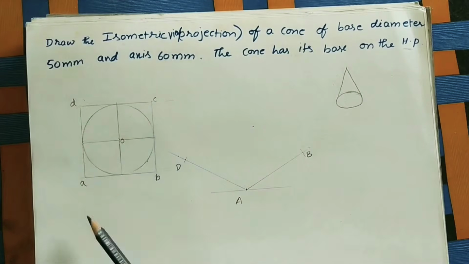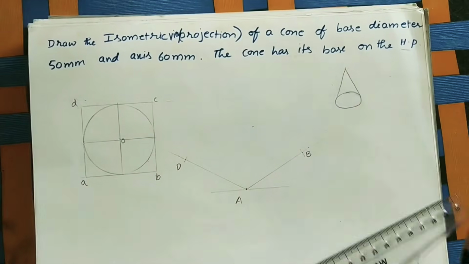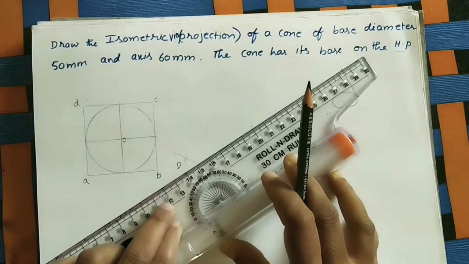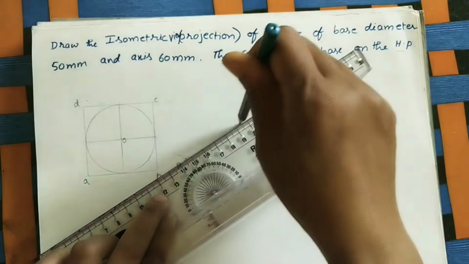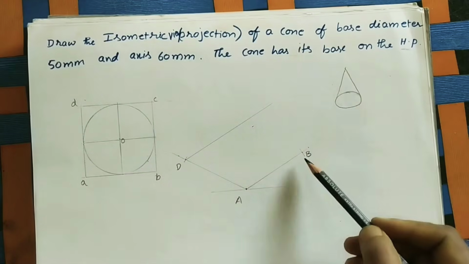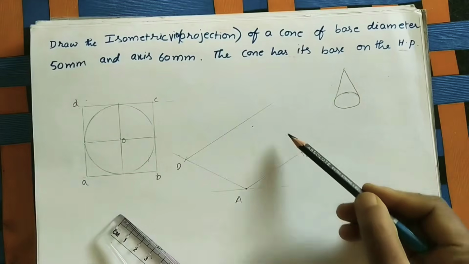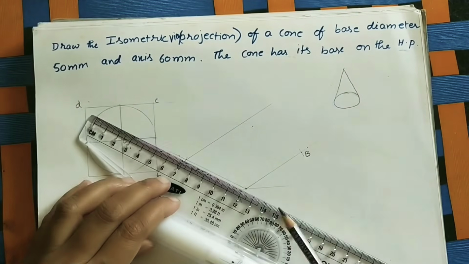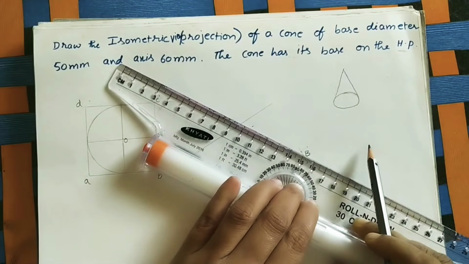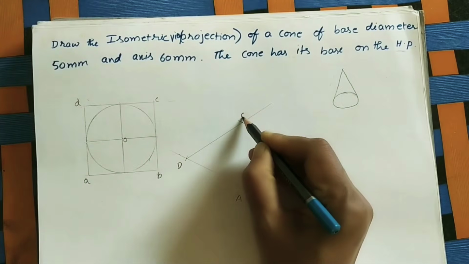Do the line DC. DC is parallel to AB. Here do the line DC which is parallel to AB. Just keep the scale here, for getting the parallel line, and move the scale up to D. Just do a line of some length. Now after that do the line BC, this side. BC line is parallel to AD. So here we will do BC line which is parallel to AD. Keep the scale here, for getting the parallel line, move the scale, and at B do the line. The intersection point is C point.